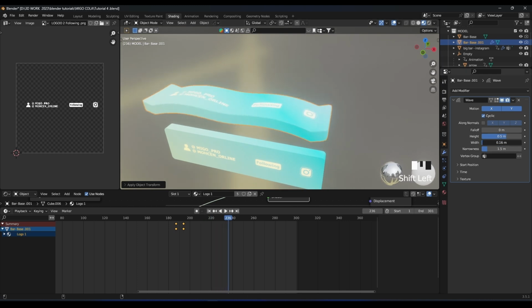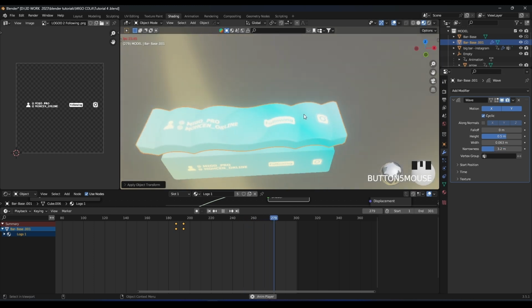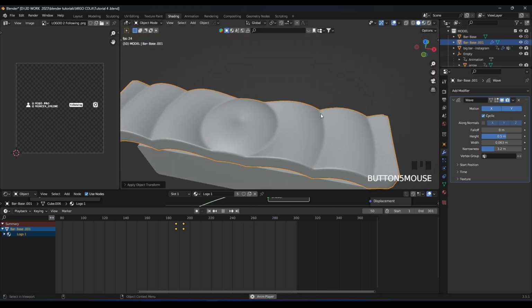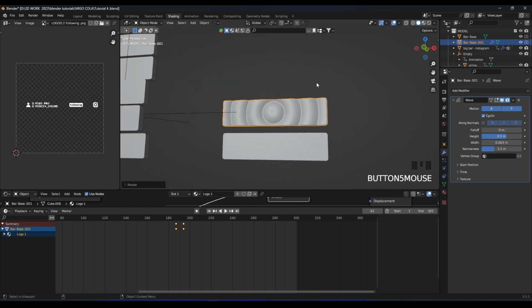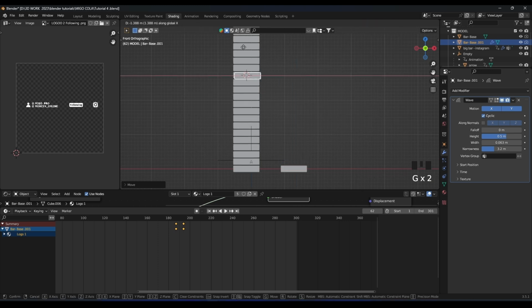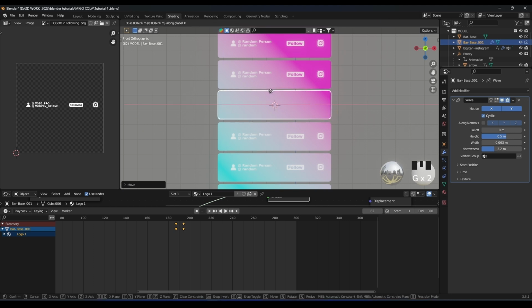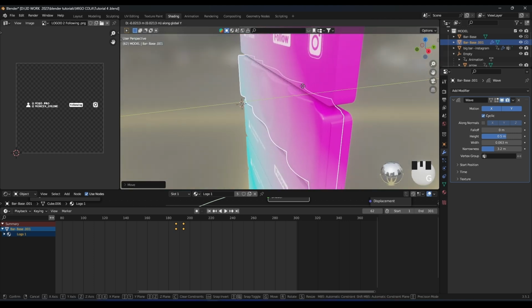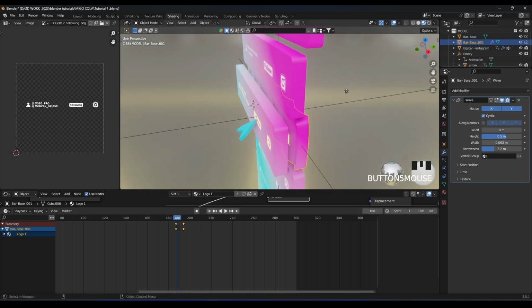Let's bring this down like this, guys. See, now it's fixed. So what we're going to do is rotate this again, and don't apply the rotation, guys. Let's put this here again. Let's go here, right there, put it like here. Let's go into here,